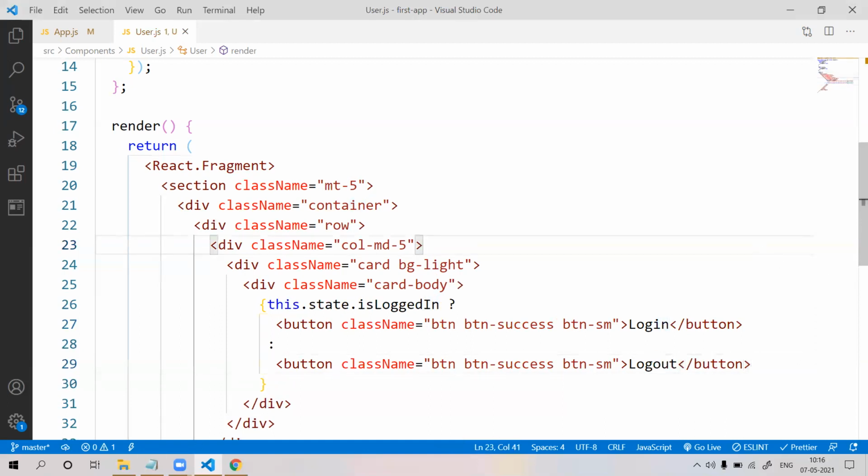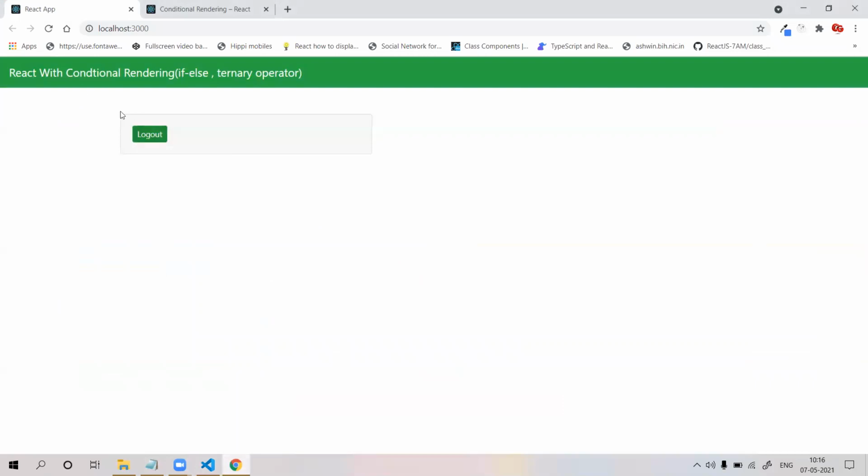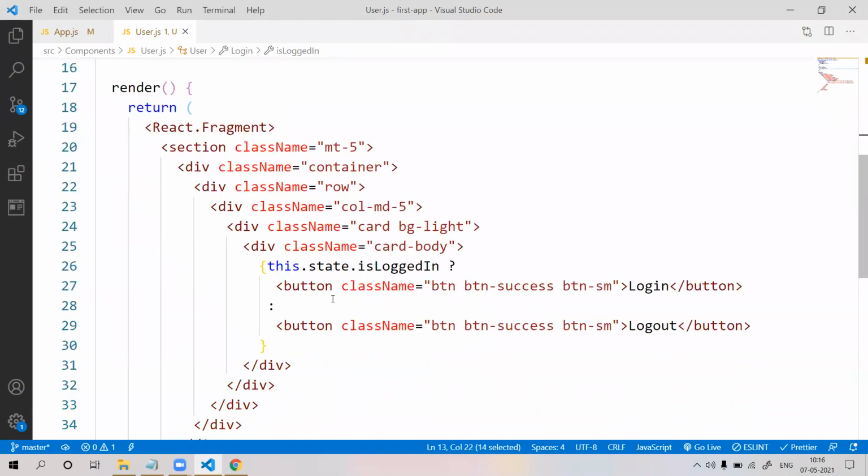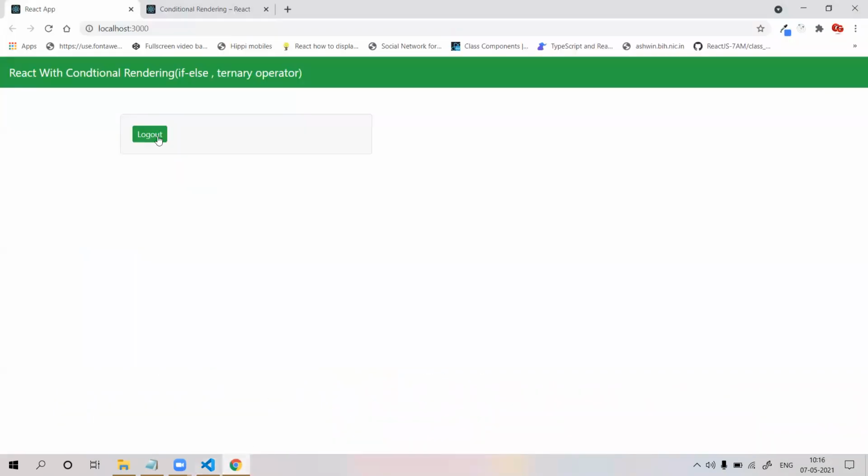Now see what happened. Yeah, see here, if this.state isLoggedIn is true, first of all we have false, and then it will be true. That's why it is showing log out.